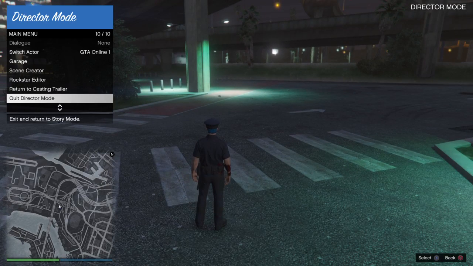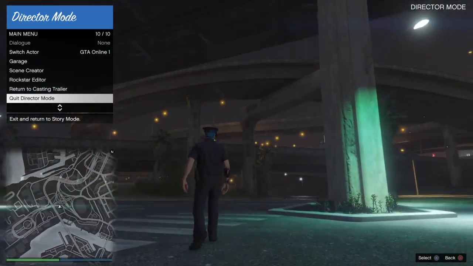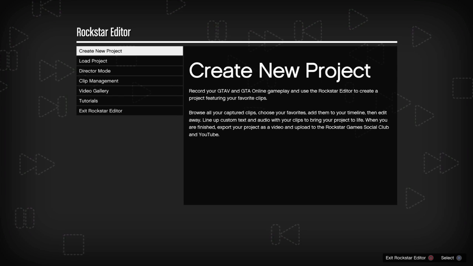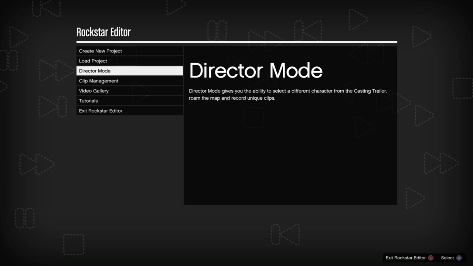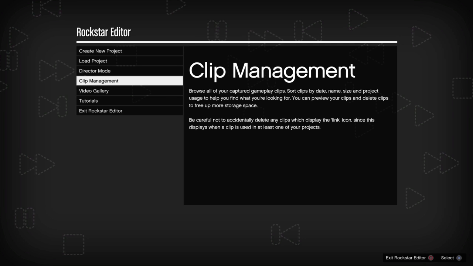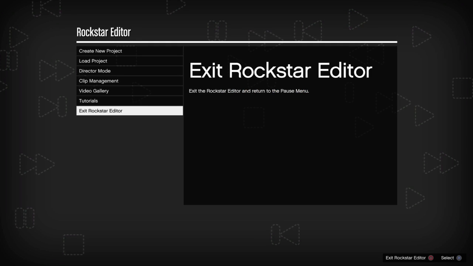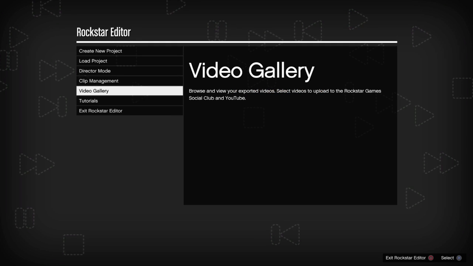And now we are going to go to the actual Rockstar editor. So you have create new project, load project, director mode, clip management, video gallery, tutorials, and exit Rockstar editor. So if I go into video gallery, as you can see, it says I do not have any exported videos